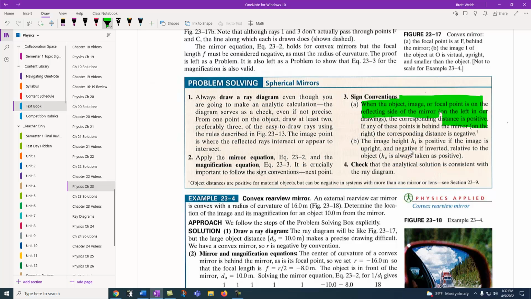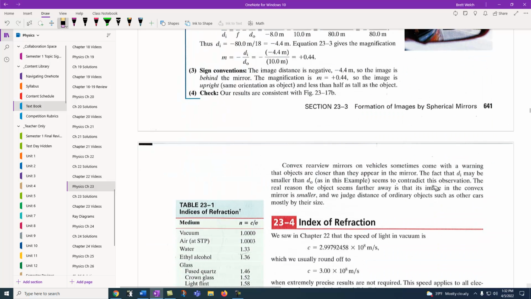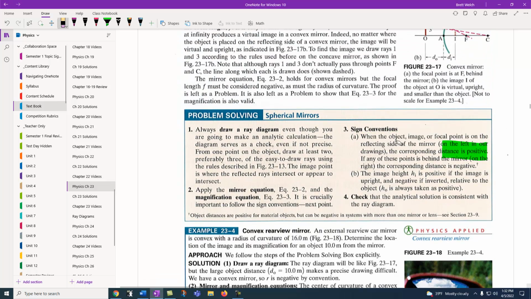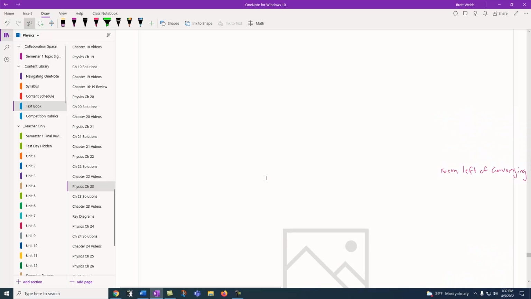Remember, if you're on the left side of the mirror, you're positive distances, and if you're on the right side of the mirror, you've got a negative distance. All right. Hopefully that's enough to help you guys be successful on the problems that you have there. Read through the problem. You've got this as your basic problem building structure. Okay, if I go into chapter 23, sorry, I got to get back in here. If I come to 23, come down to the